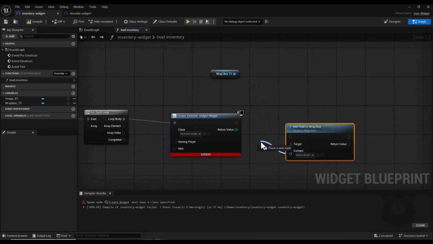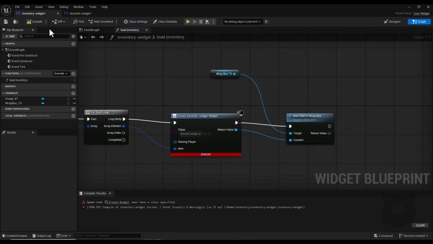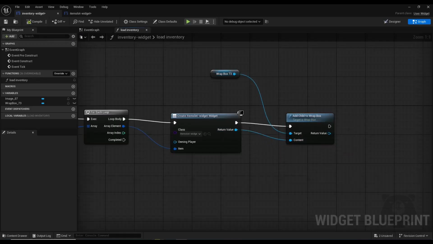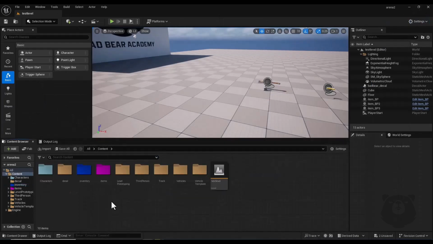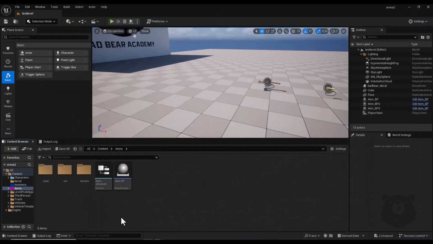And I connect content to here and this execution pin to here. Now I compile and close and minimize these widgets, and now I open my